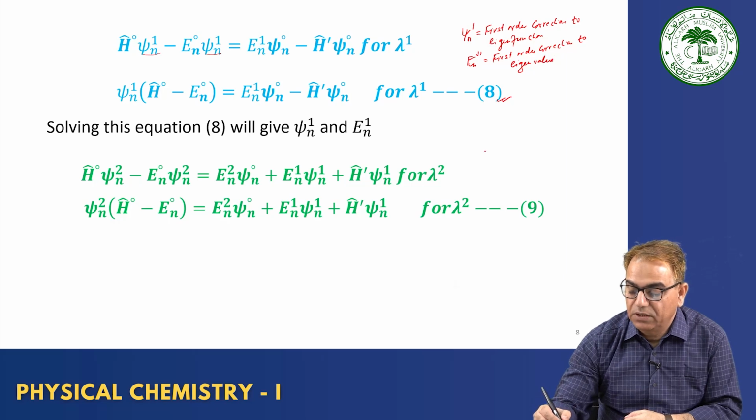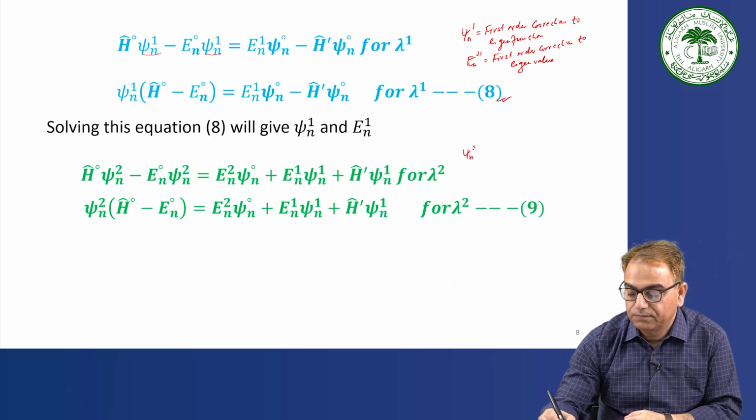Here also, psi n2 is the second order correction to the eigenfunction,